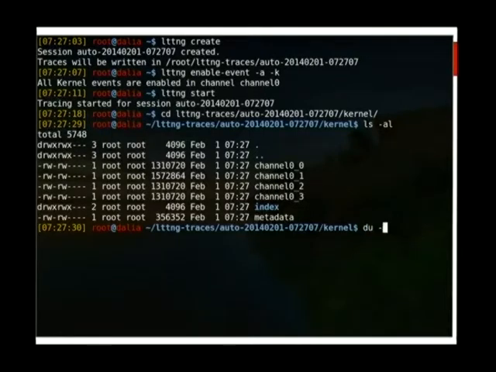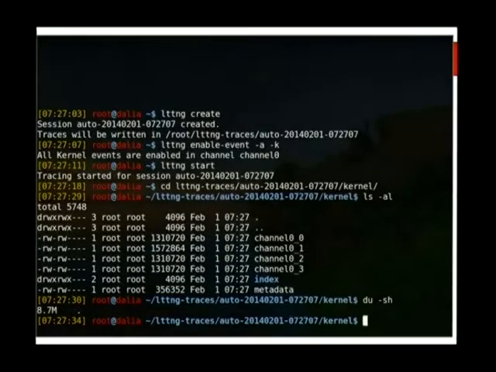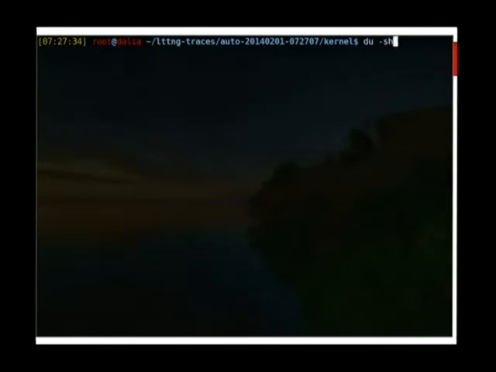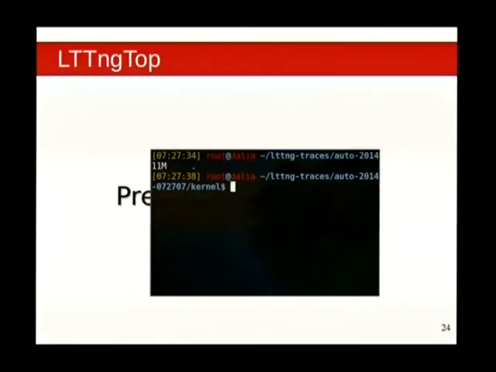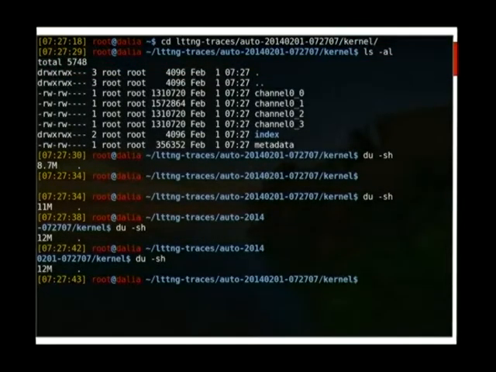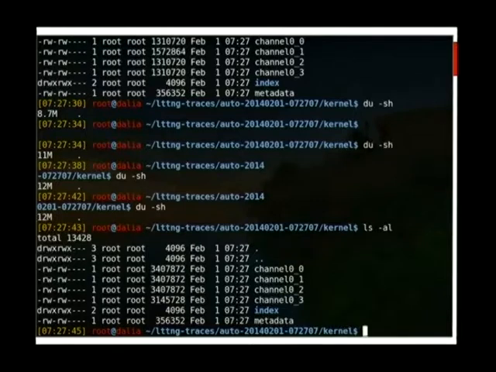I think it's a SH. So let me just try to center that. Oh, we can't see, right? 11 megabytes and then 12 megabytes. So right now it's tracing. So those are the